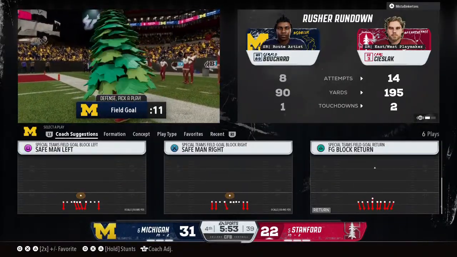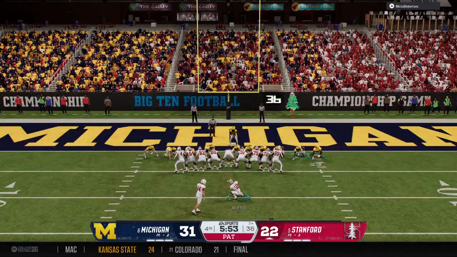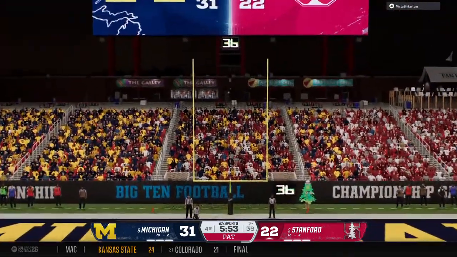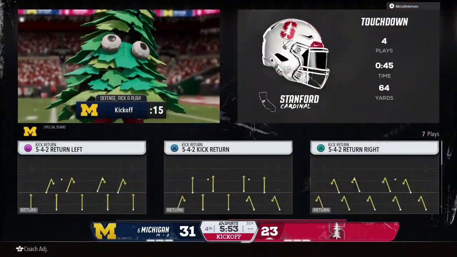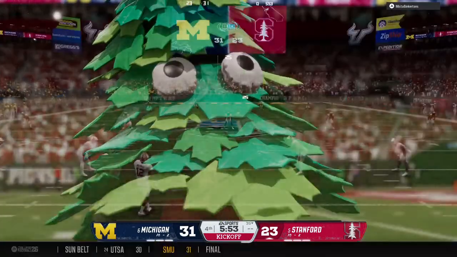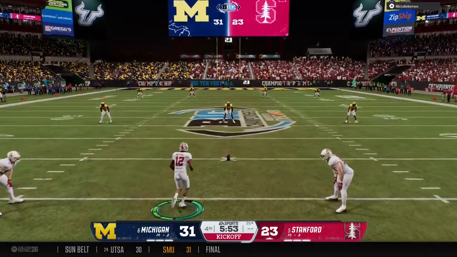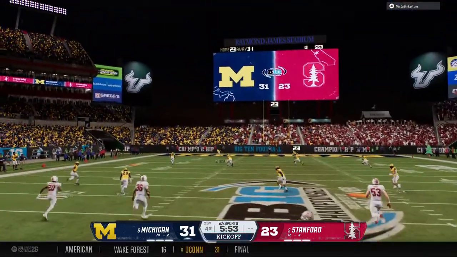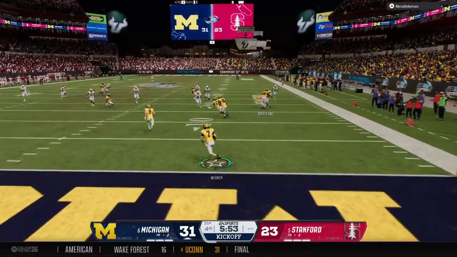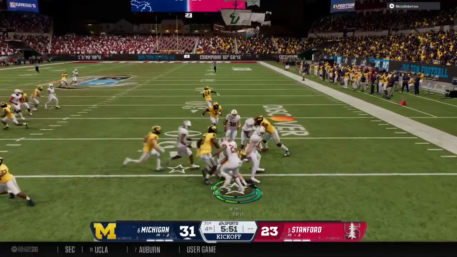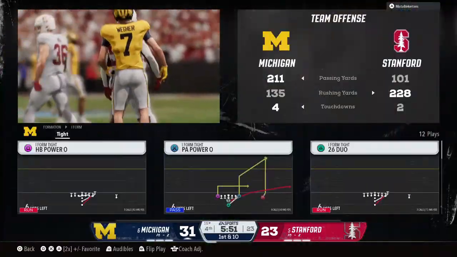I don't know if this defense was caught sleeping or walking in mud. I can't pick which one. Maybe it's both, because the running back just went right by them so easily for the big gain and a big-time score. And the extra point was up and good. So after putting up the touchdown, the kickoff team is out there to boot it away. He's going to return it from deep in the end zone. Solid coverage there. They get it at the 15. That's where the offense will take over.